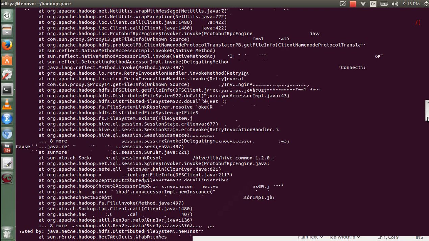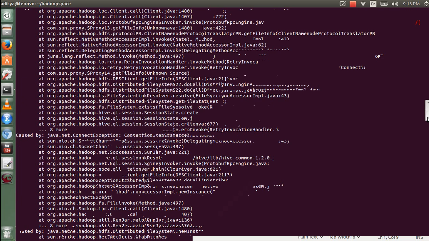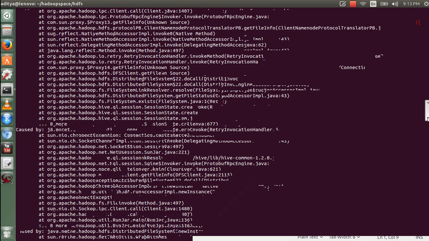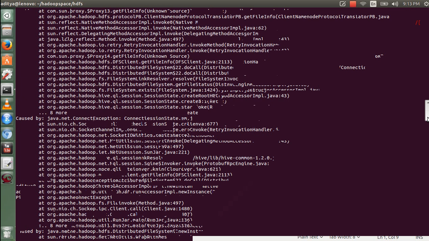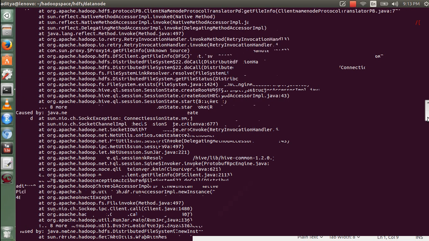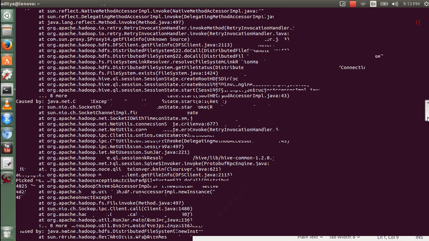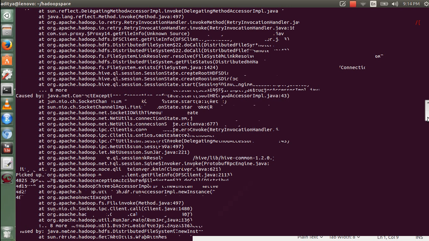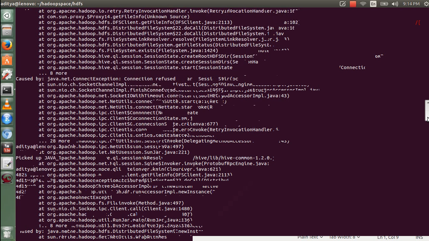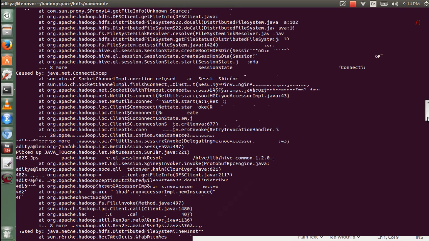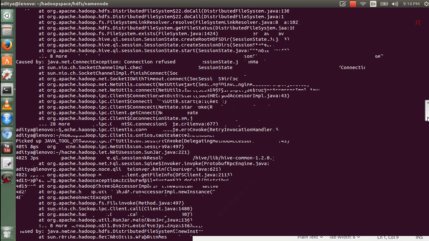So it's true, same thing, the Hadoop services are not running. So I need to start it. To start the Hadoop services, I need to go inside the datanode directory, and if datanode is okay, then again I need to move inside the namenode directory. And inside the namenode, I check the datanode as well,